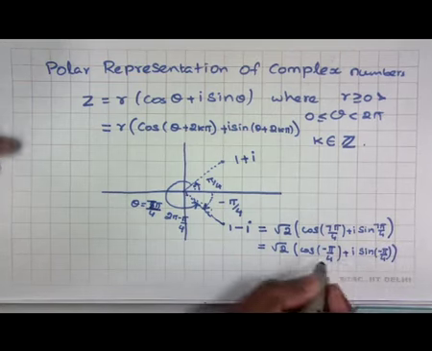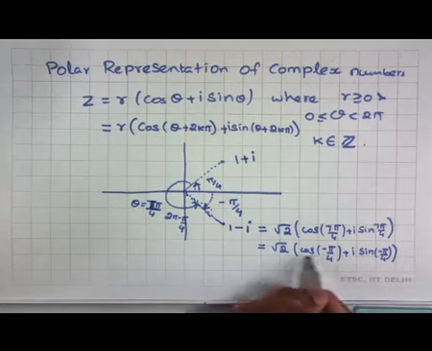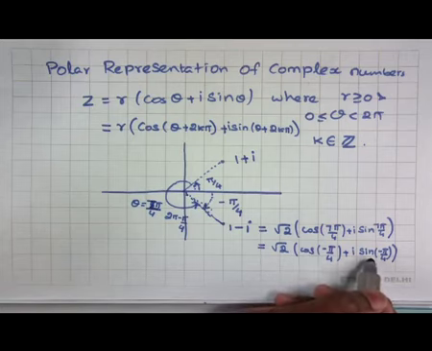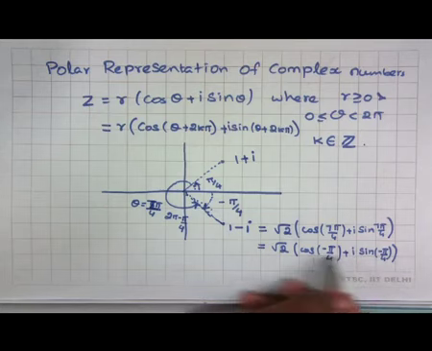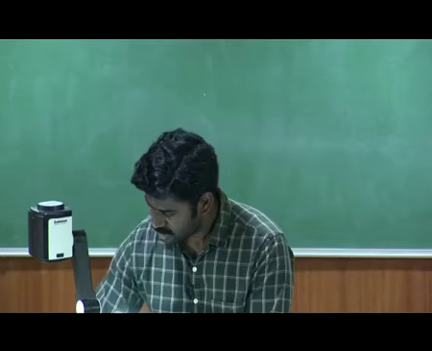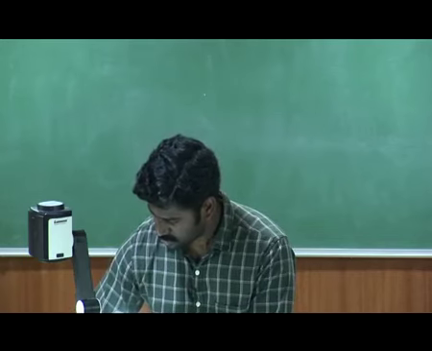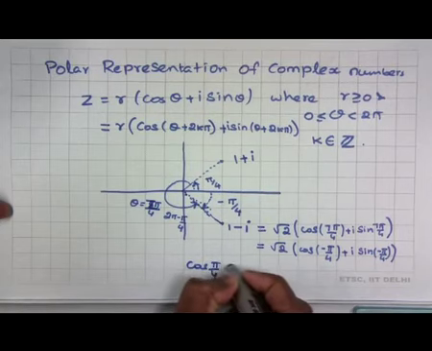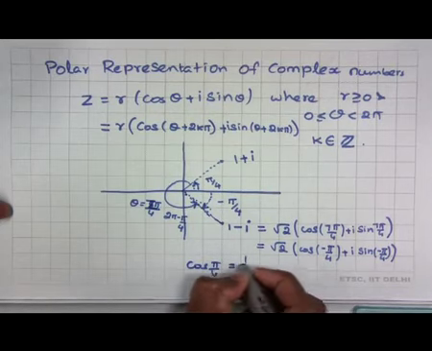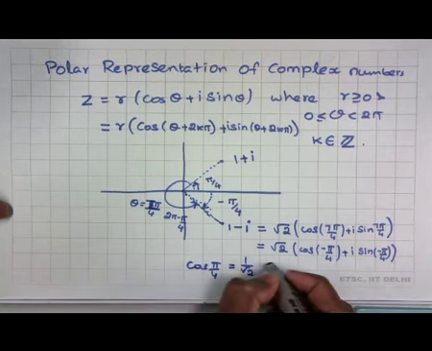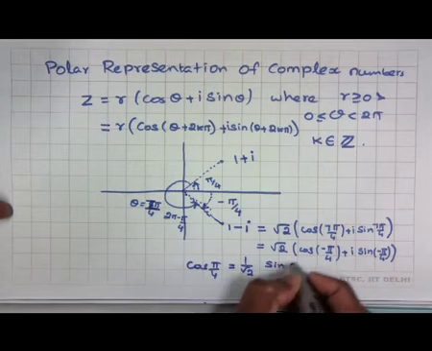This is easily verifiable because the cos function is an even function and the sine function is an odd function. Using this we immediately see that this particular quantity is equal to 1 minus i. So, the value of cos of pi by 4 is 1 by root 2, and similarly the sine of